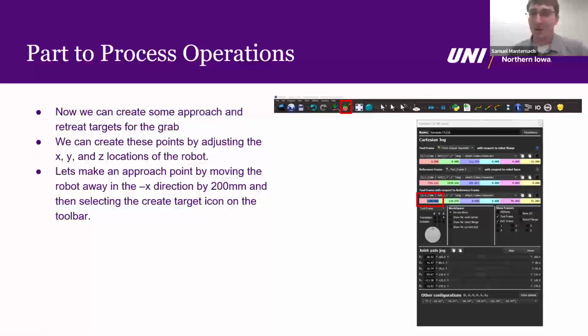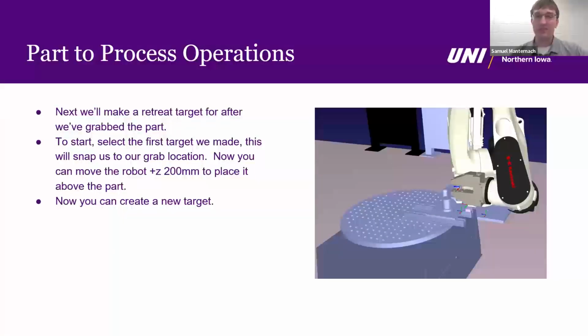Once you have that location selected with your robot, you can see your robot move physically back to that location. You can select the create target icon up on your top toolbar. And then if we want to make our retract point, so we've come in, grab the part, now we're going to move straight up. We're going to use the same thing with our robot controller to move it up plus Z200. To let us go back to the same location, you can simply double click that first target you made